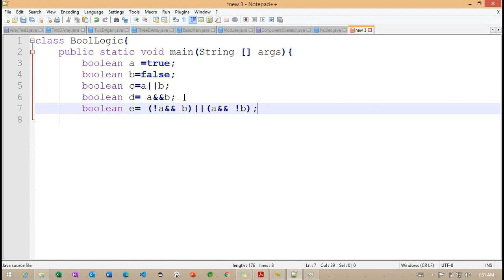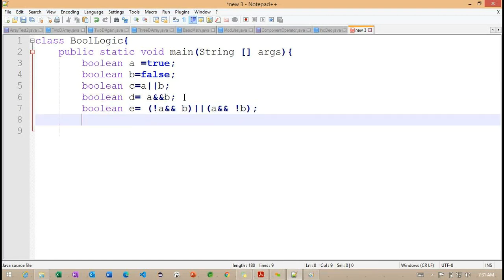Can you please let me know the same thing regarding this particular Boolean E? Try to think about how I'm using this AND condition as well as the OR condition here.